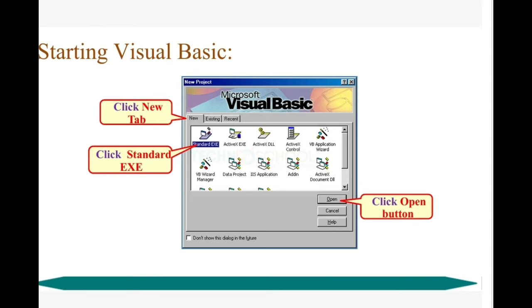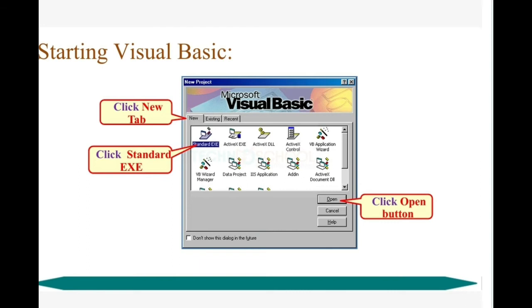Your form will be opened. The other icons give more options: database and other concepts, data components and other parts of Visual Basic. Here you are learning only simple programs, creating simple programs and an introduction to Visual Basic. Those icons are for people studying Visual Basic professionally and creating commercial software applications; they can use the other icons.